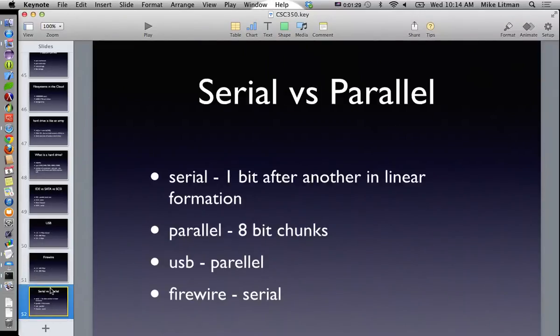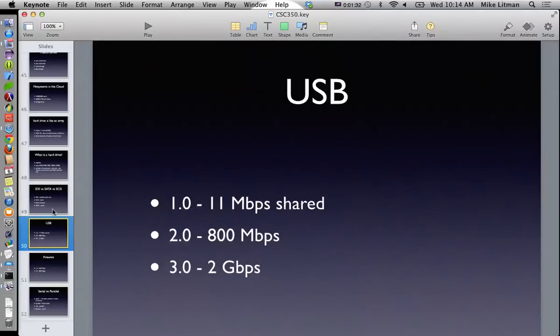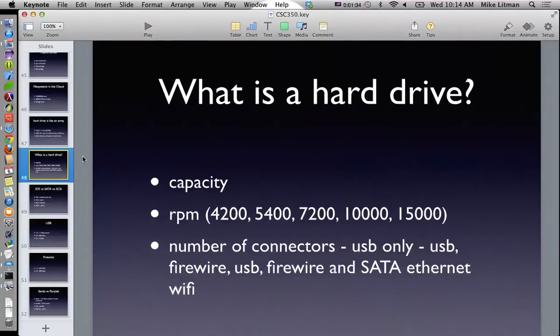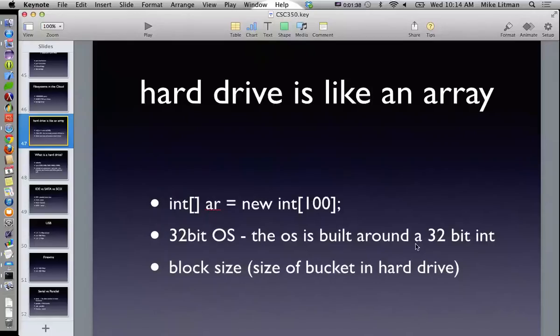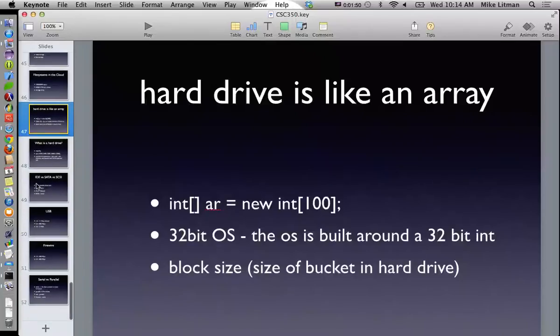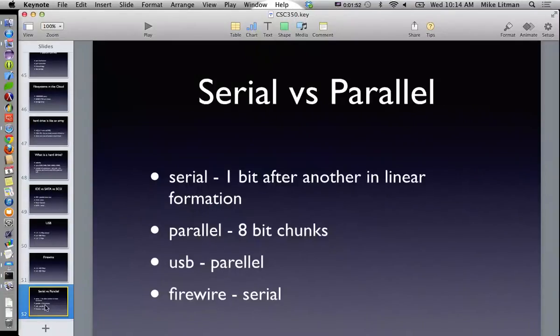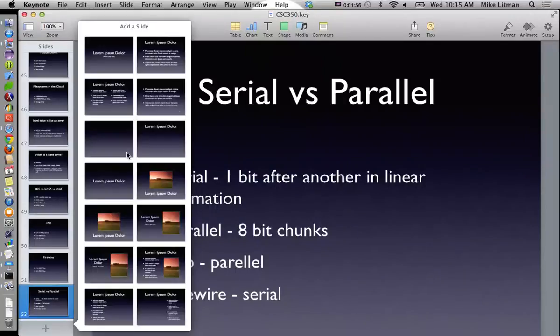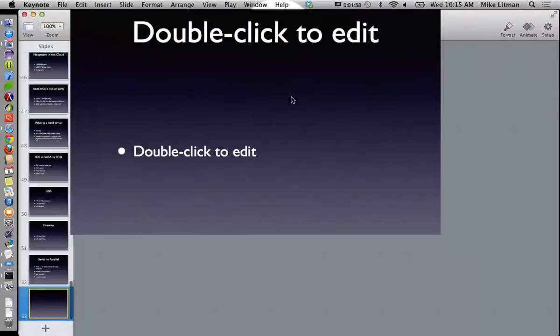Now, I think last time we were also talking about this idea of hard drives being like an array, where how big is each thing? We talked about each bucket of the array being called a block on hard drives, as opposed to a frame in memory. Okay, so we're talking about the different ways that data can be transferred, serial versus parallel, and this allows us to segue into